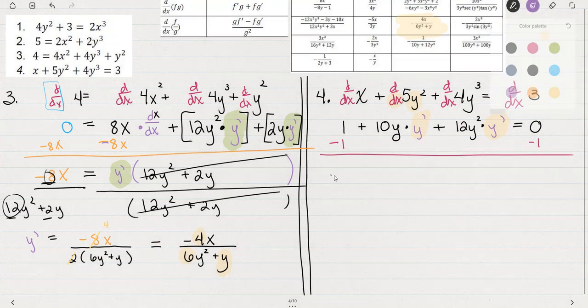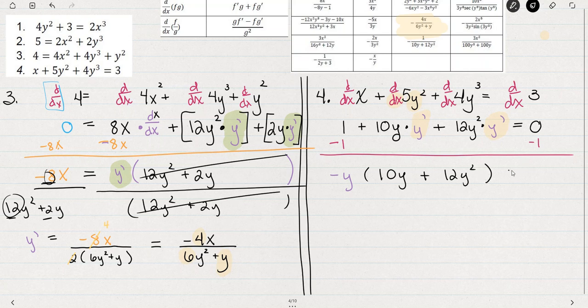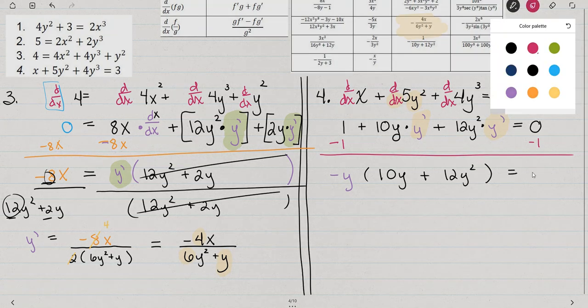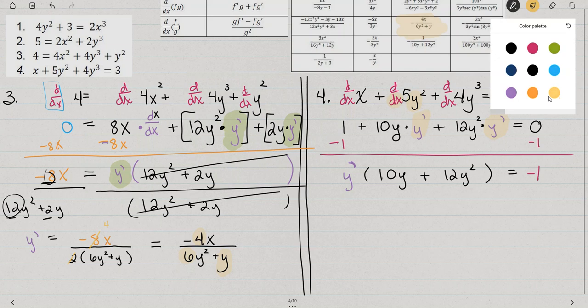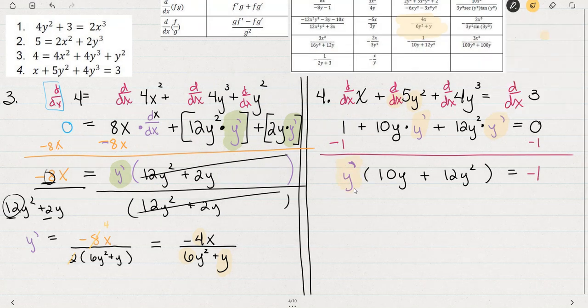In the same line, I'm going to go ahead and divide out my y prime. So we've got 10y plus 12y squared equals negative 1. I'm so sorry. I'm not sure why I wrote it like that. I think I was talking at the same time and wasn't being careful about what I was doing. When I factor out that y prime, I'm going to get a 10y